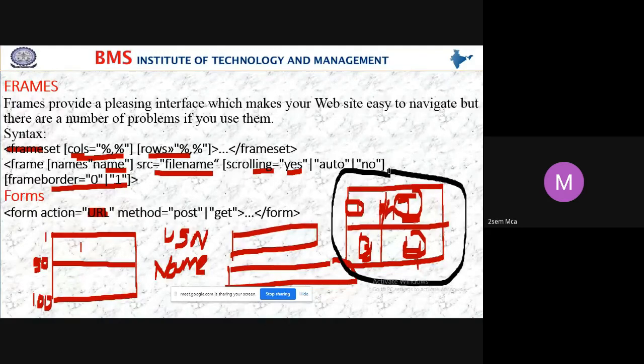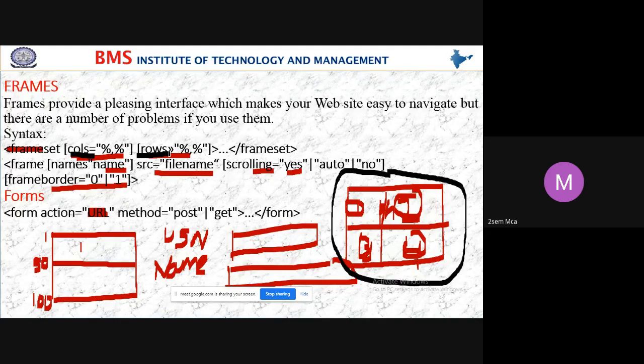If you want to divide it into 4 parts, 3 parts, or 2 parts, you can do it. Here you can give a column value and a row value, saying how much percent of the column you want to divide. You can divide a column into 10 parts, and a row into 10 parts also.